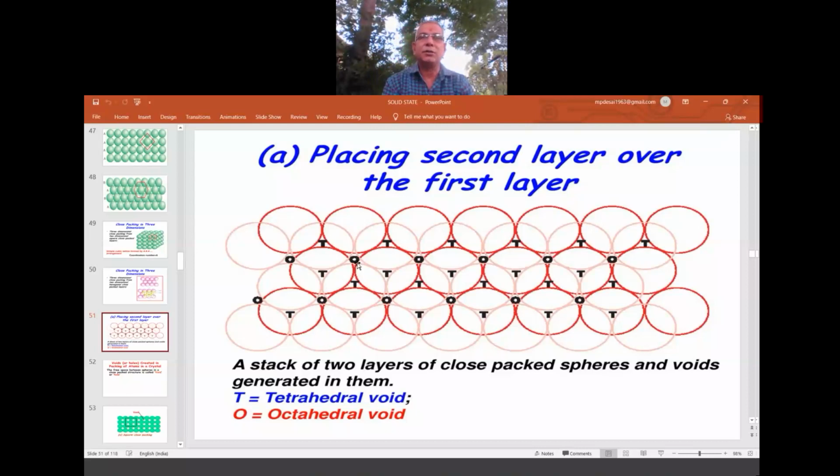So it is with the help of four spheres, four particles, four combining atoms, that we create a tetrahedral void. The tetrahedral void or empty space is created with the help of 4 particles. In the same way, how is an octahedral void created? An octahedral void is created with the help of 6 spheres. How? See, first you take 3 as usual, a triangle. Now one circle is here, 2 are here. That means the third circle is facing this side.